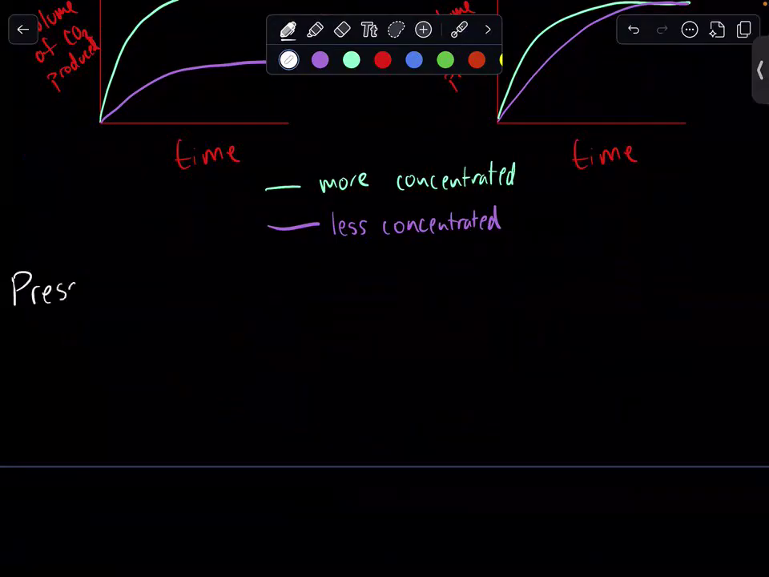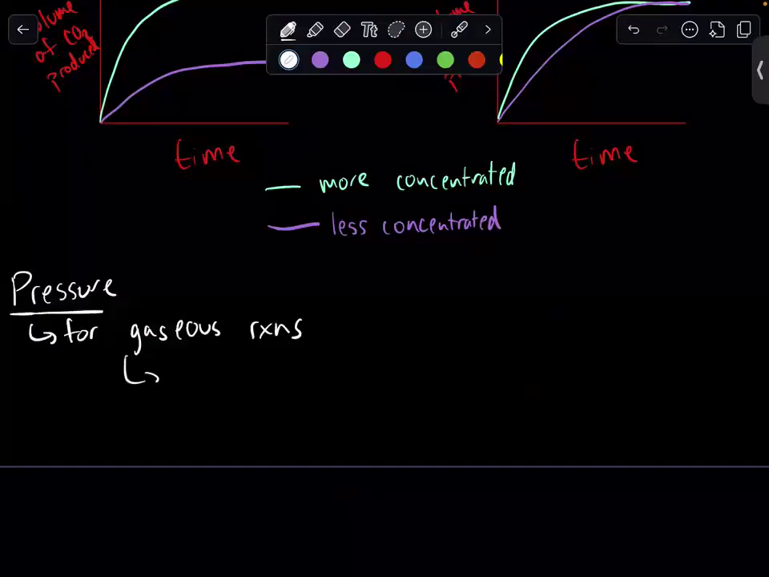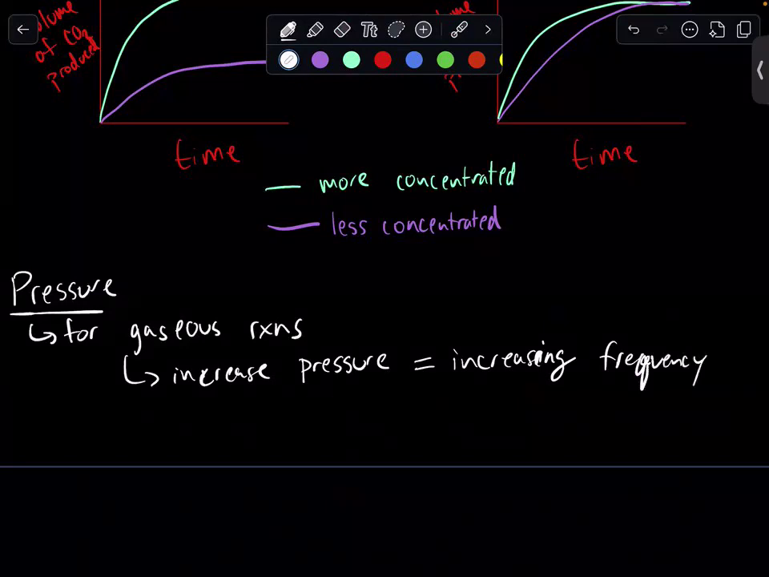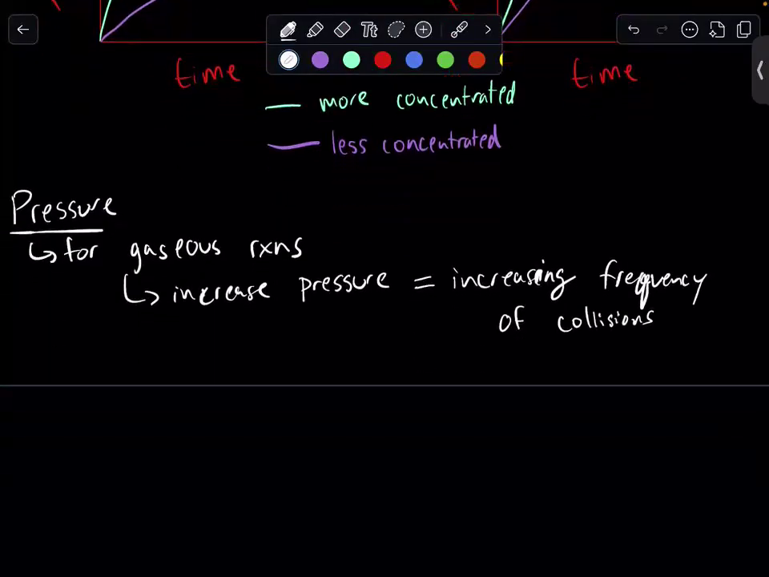Next is pressure. This one's quite simple. This is for gaseous reactions. So for a gas, if we increase pressure, what we're really just doing is increasing the frequency of collisions. So pressure is going to affect the frequency of those collisions. Therefore, it's going to affect rate. Surface area,